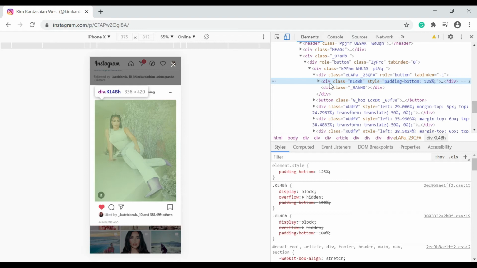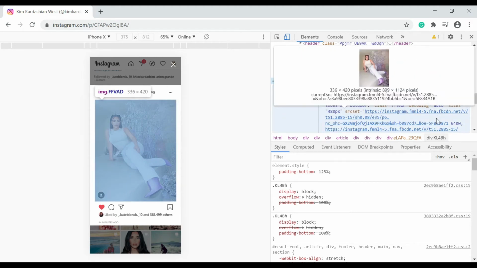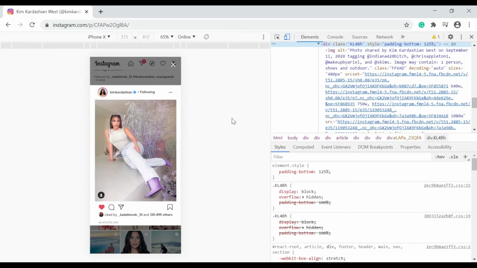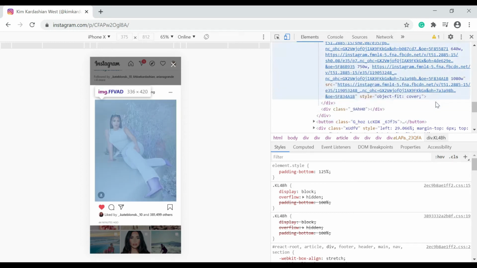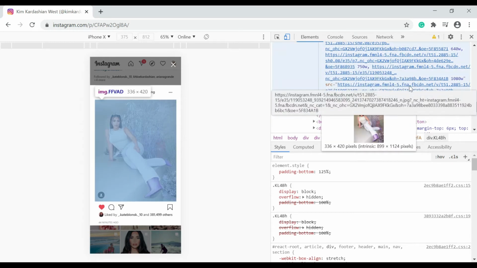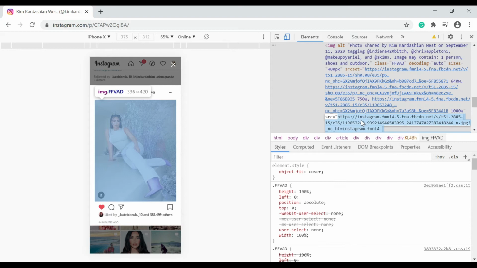Then right here, look for div class, padding bottom. So click this arrow to see this content. Look for SRC. So this is SRC set. So we are looking for just SRC. So this is SRC. Then double click this one, Control C or copy,